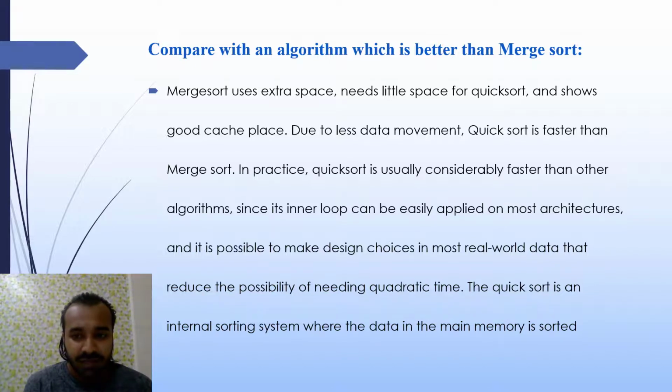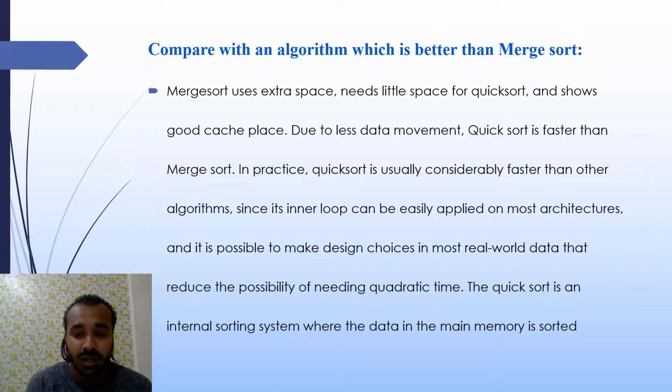Due to less data movement, quick sort is faster than merge sort. In practice, quick sort is usually considerably faster than any other algorithm since its inner loop can be easily applied on most architectures, and it is possible to make design choices in most real-world data that reduce the possibility